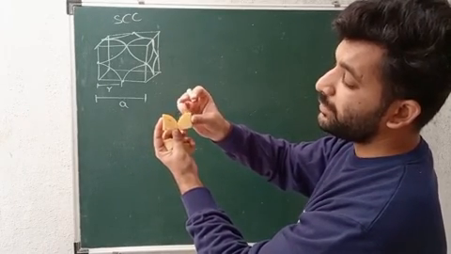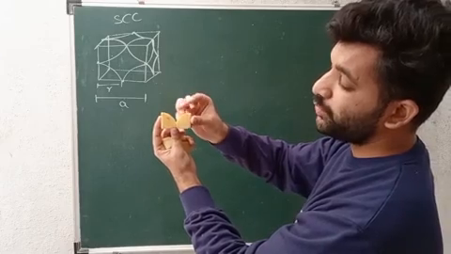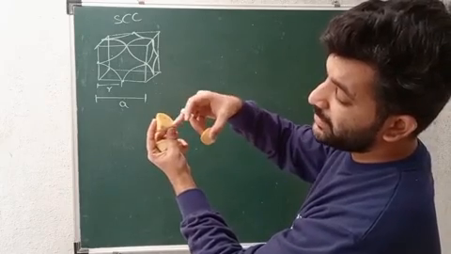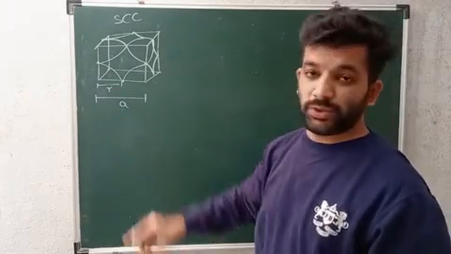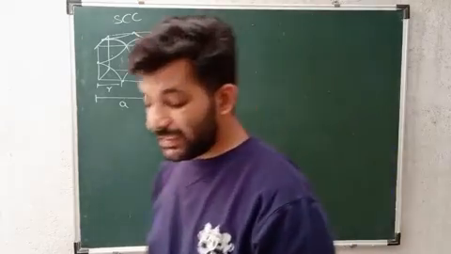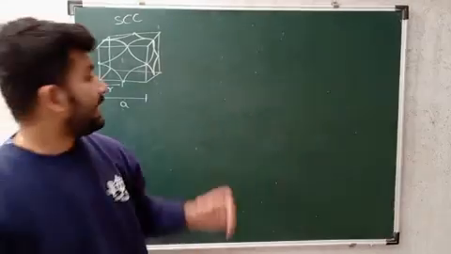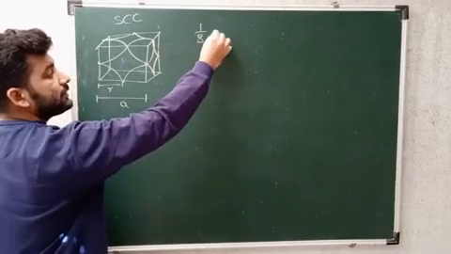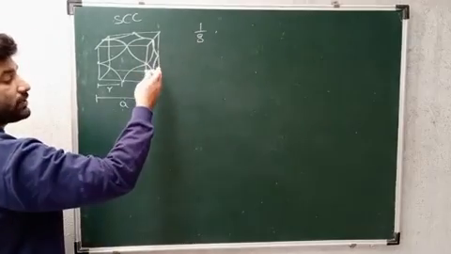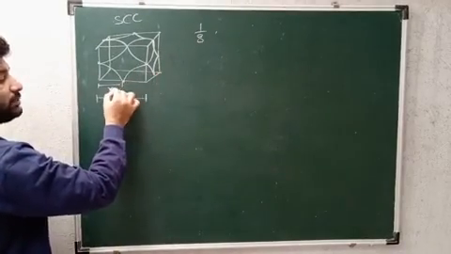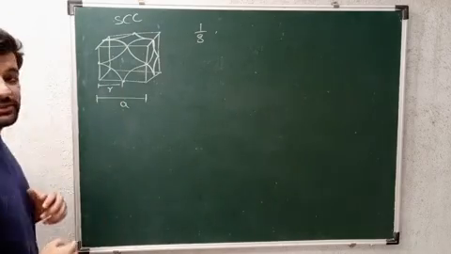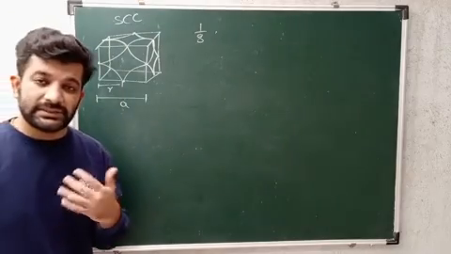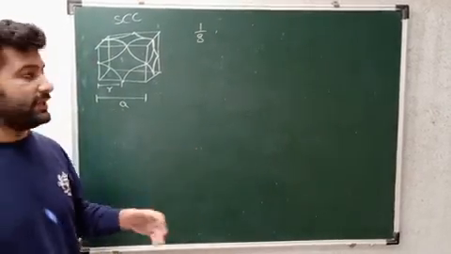The remaining 2 atoms will be placed at the top of these 2. So this part is known as what? The radius, which I have shown over here. So in this way, at each corner we will have a 1/8 atom, right? And there are 8 corners. Similarly, this will be known as the radius of an atom. Where we are going to need this, we will see as we go on with the derivation.